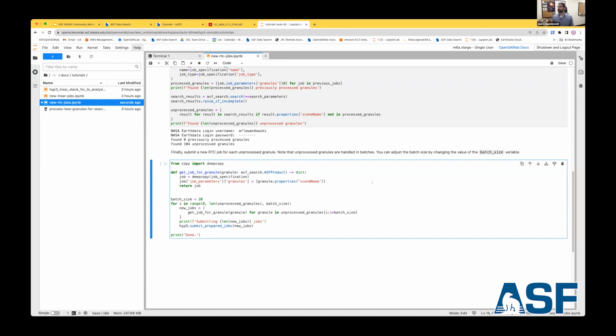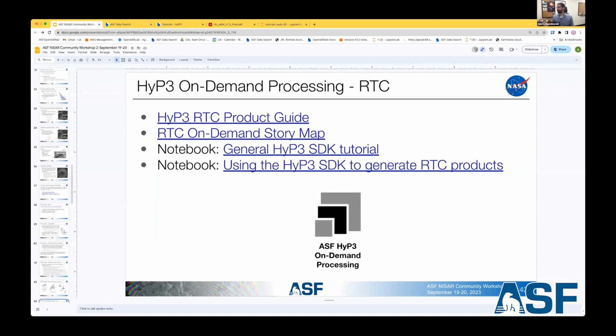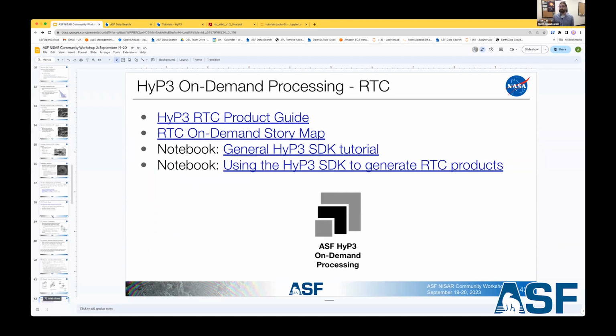And so that's just a quick little demonstration of how you can work with HyP programmatically. And once again, you can find the notebook that I just ran through, and additional notebooks and additional material describing how to use the HyP SDK in the HyP docs, which are all linked here. And so that concludes the main part of